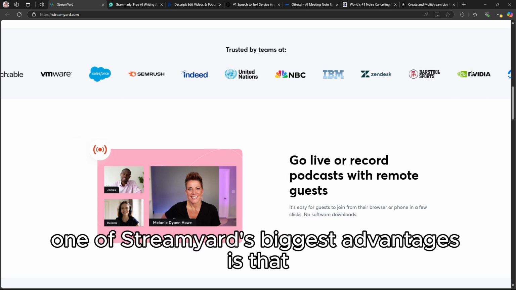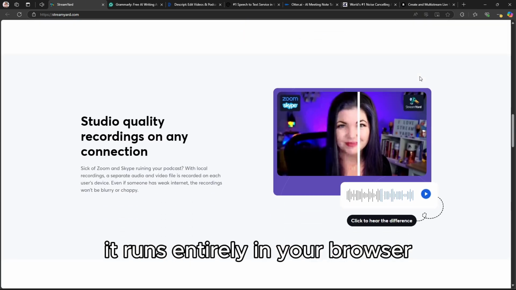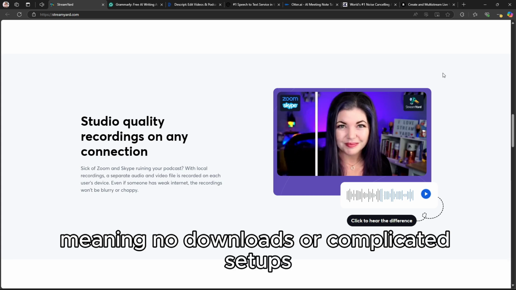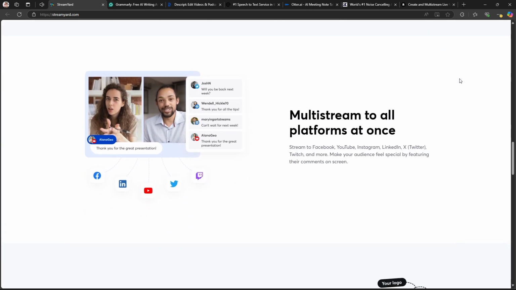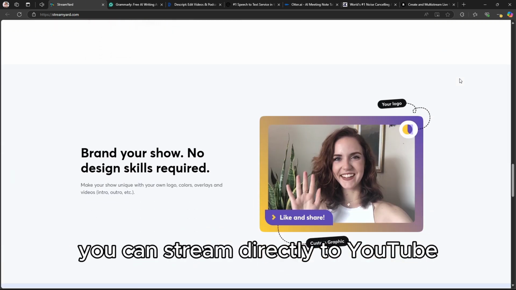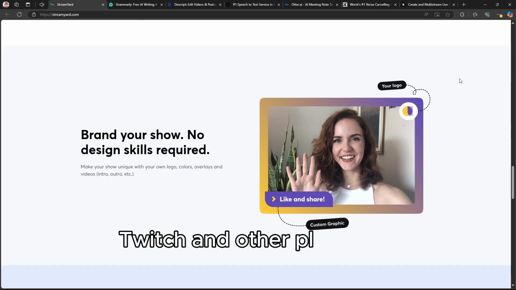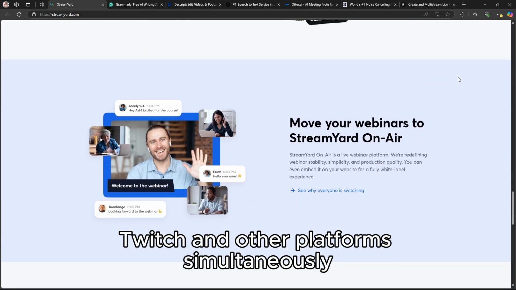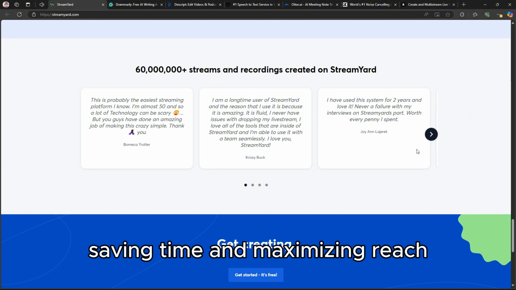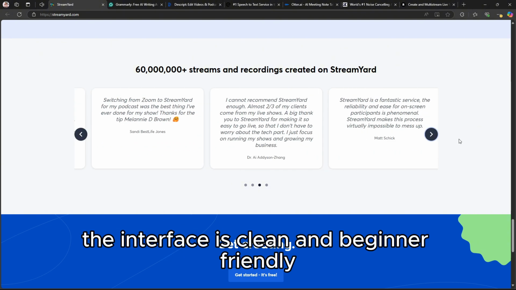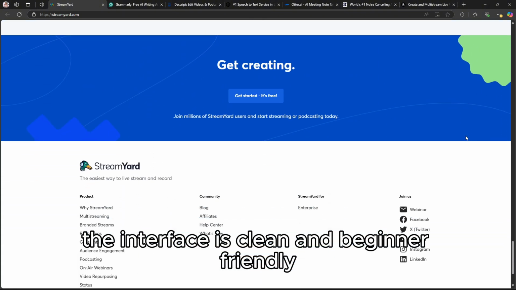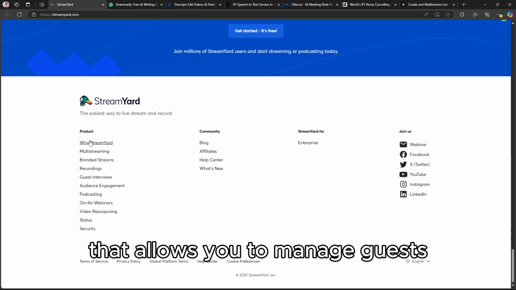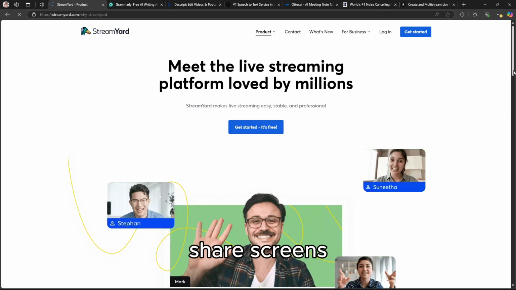One of StreamYard's biggest advantages is that it runs entirely in your browser, meaning no downloads or complicated setups. You can stream directly to YouTube, Facebook, LinkedIn, Twitch, and other platforms simultaneously, saving time and maximizing reach. The interface is clean and beginner-friendly, with an intuitive dashboard that allows you to manage guests, share screens, add overlays,